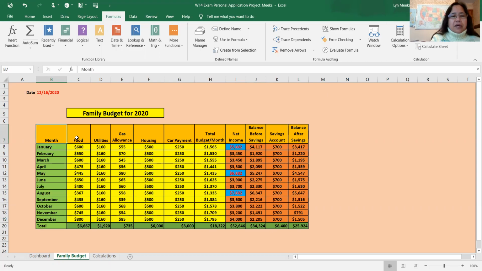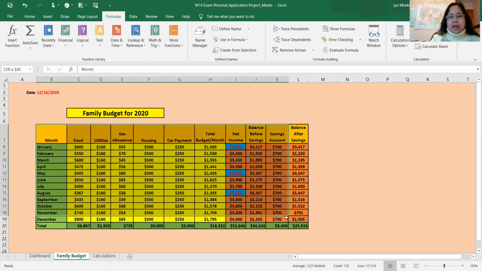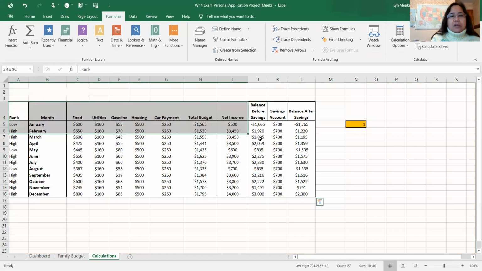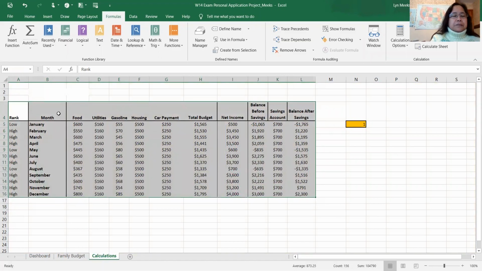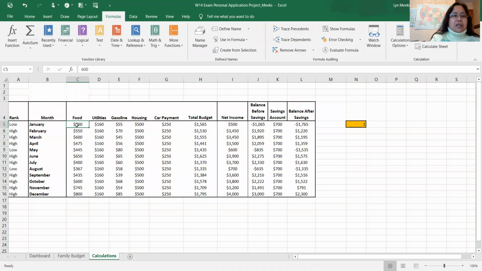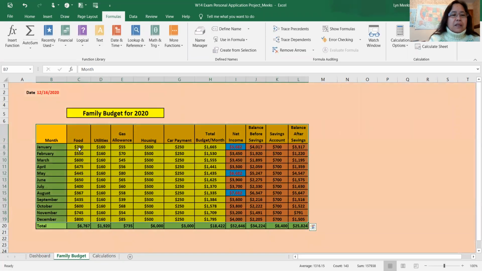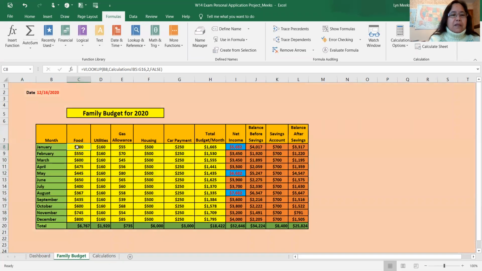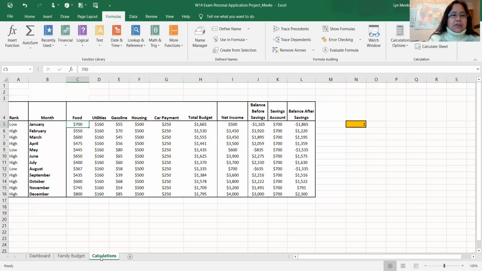And after I created this table, I copied and pasted it to my calculation table so that if I change the amount on this food, and under food, let's say I put 700, it will automatically update the food here in my family budget and my family budget data.